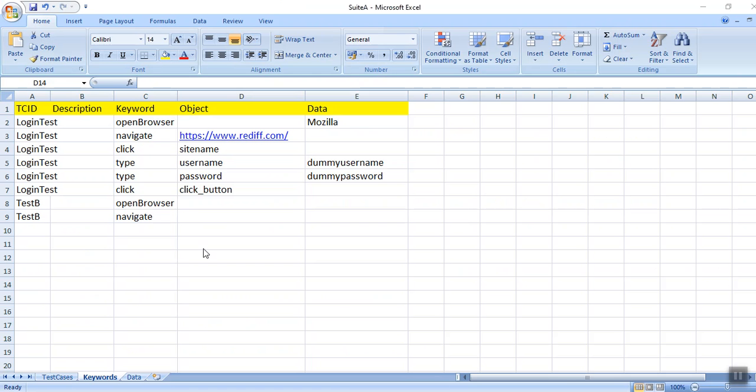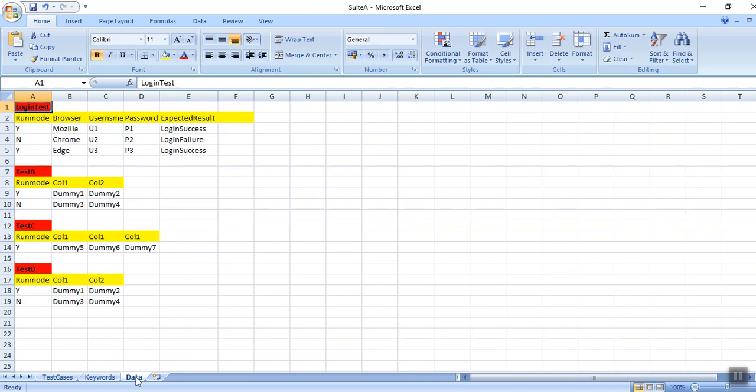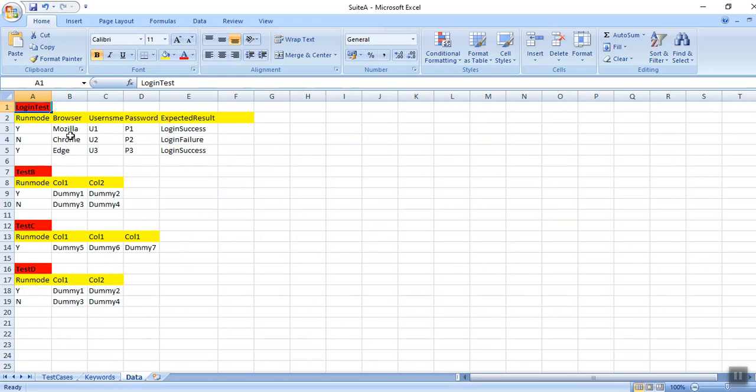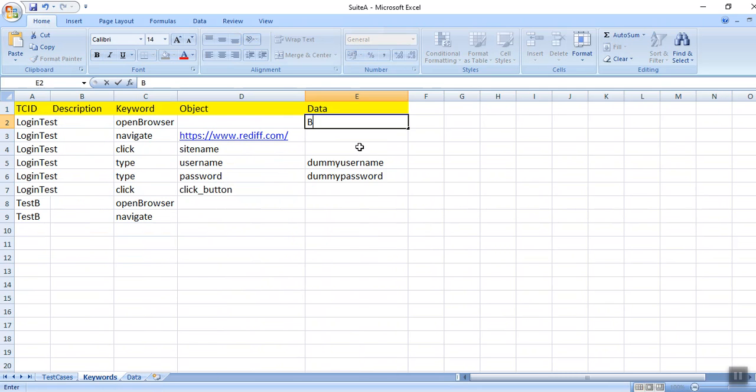Now we need to read data from this data sheet. In keyword, we need data. When we open the browser, the data is under the browser column. So provide the data as browser here.